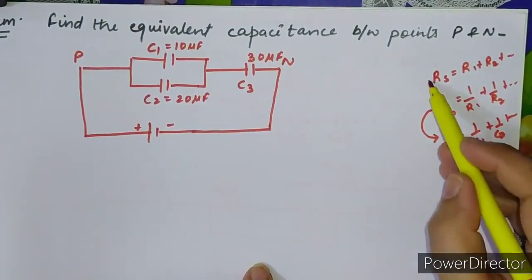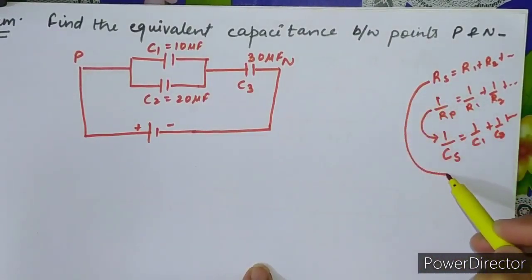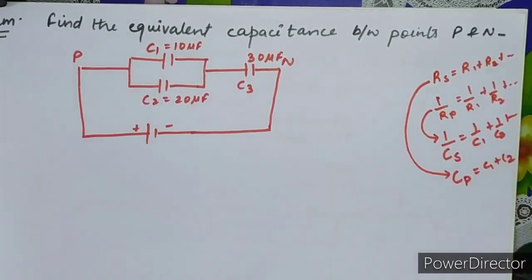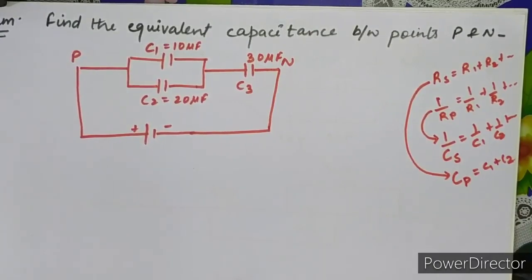Okay, the series combination of resistance formula is used in the parallel combination of capacitors. If you remember the formulas of series and parallel combination of resistance from class 10, then you can easily remember both the formulas for capacitors also. This is only a hint on how you can remember. This is not a typical formula, you can easily learn.